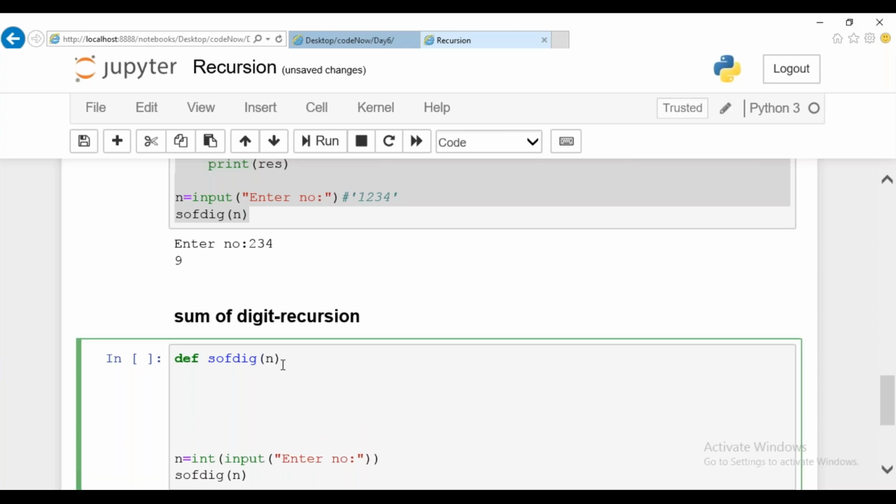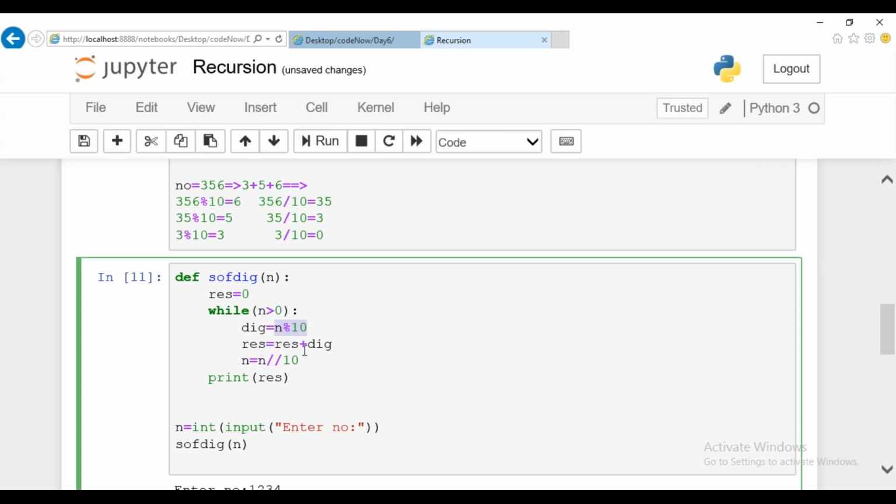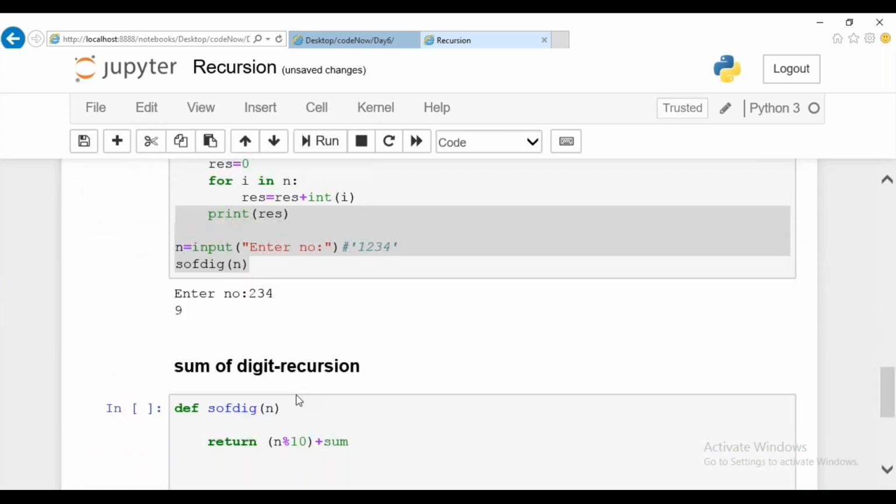So what is the function call? Continuously, you're going to divide a number, right? Continuously you're going to divide a number. So for the function call, what are you going to return back? You're going to continuously do modulo of a number, and you're going to call the function with the divided value. This is what we did, right? We are doing modulo of it. Along with this modulo result, what am I going to do? I'm going to call the function again. Each and every time I'm doing modulo of it, I'm going to store it, and again I'm going to call the function by dividing this particular value. The same thing I'm going to do here.